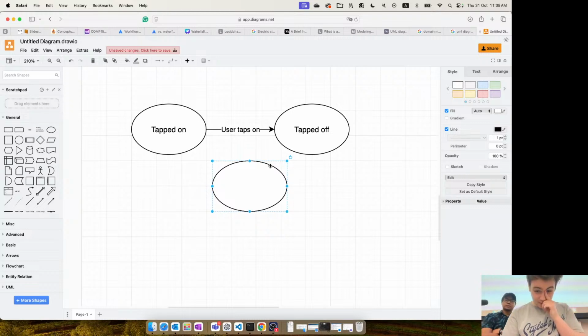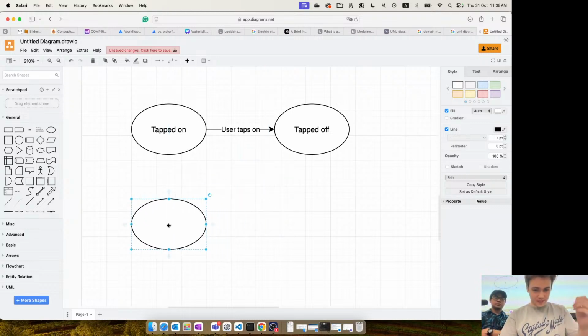Okay, that's sort of a separate thing though. Payment would consist of changing the state of the balance of the Opal card. The balance of the Opal card is sort of a separate system to whether it's tapped on or off. What if you tap on and it shows low balance? Is that another state? Well, that's a transition from the state of tapped off to tapped off, due to insufficient balance. Although, given that it does relate to the balance that's on the card,